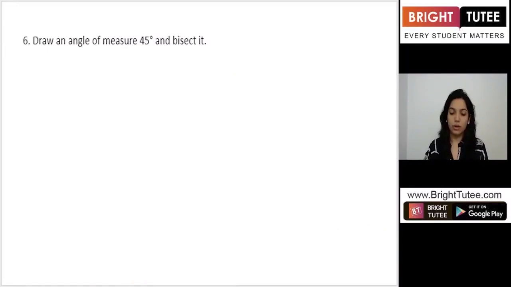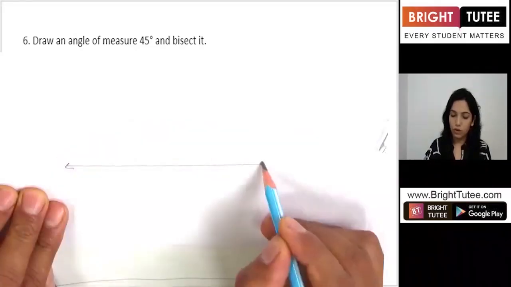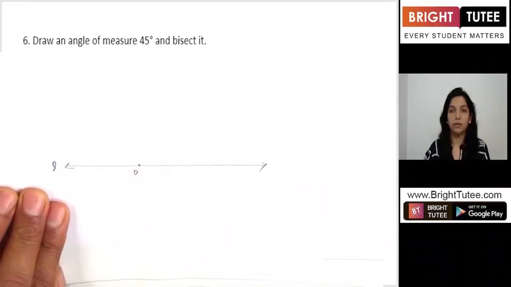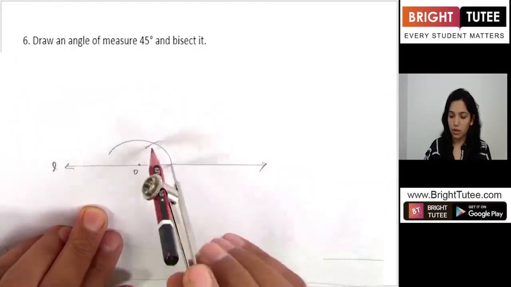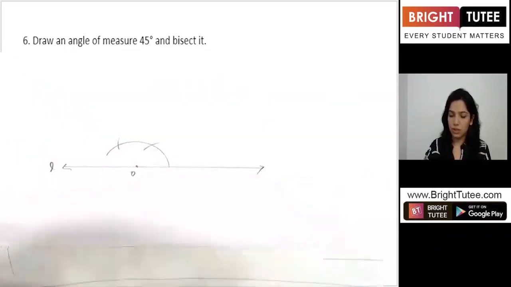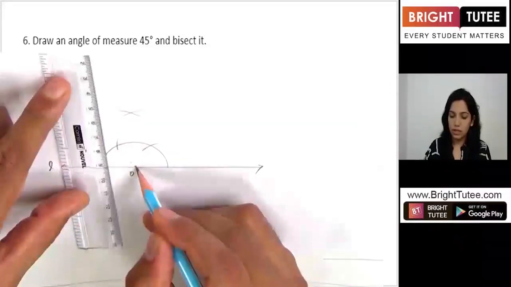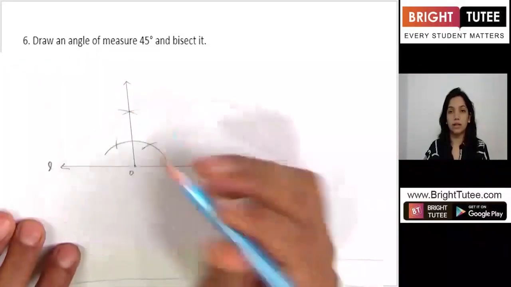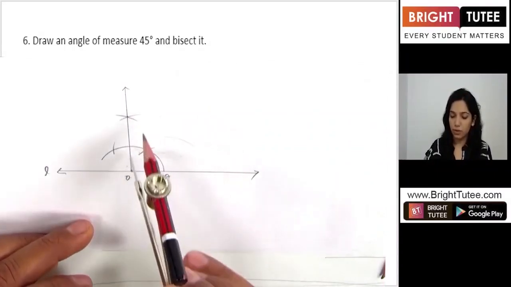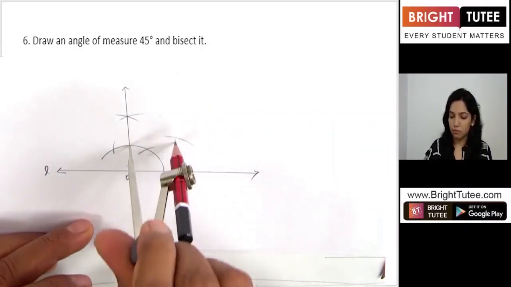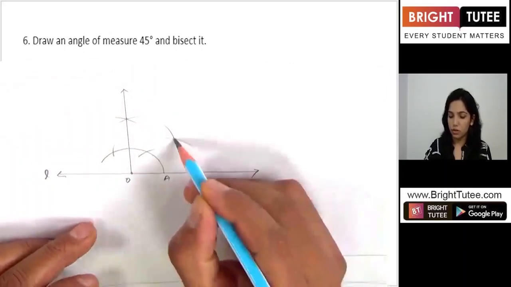Now it says draw an angle of measure 45 and bisect it. So first of all, what will you do? You will first of all need a 90 degrees angle, right? So you have drawn it by, say, first drawing 60, then 120, then the 90 degrees angle, right? So you bisect the 90 degree angle by putting an arc here, joining them,